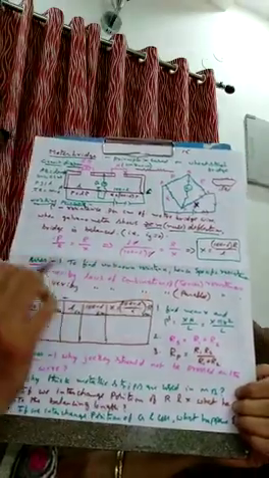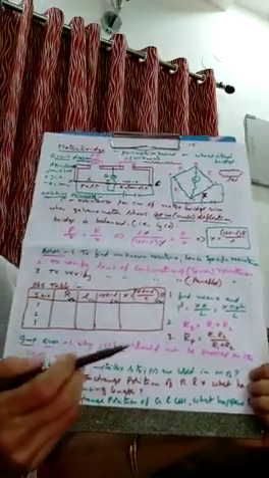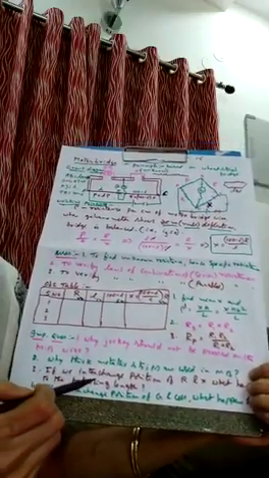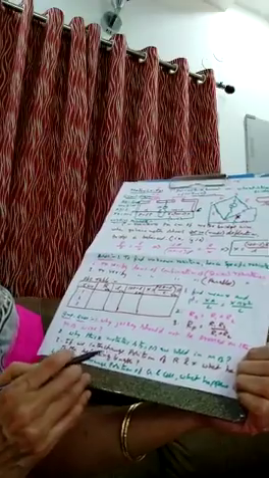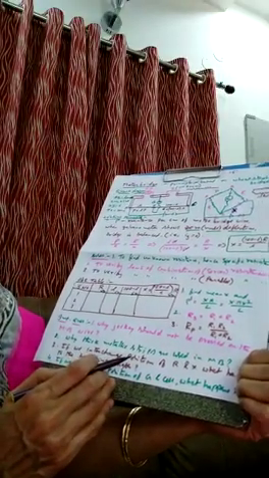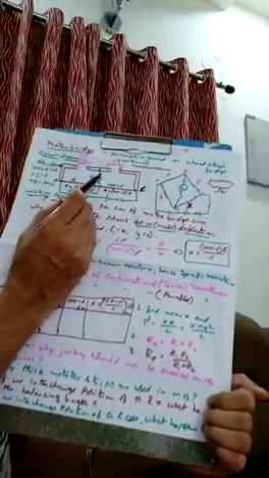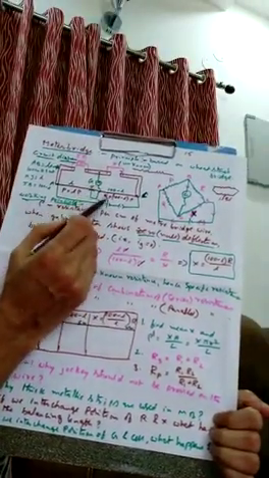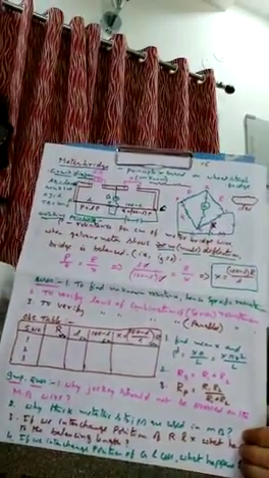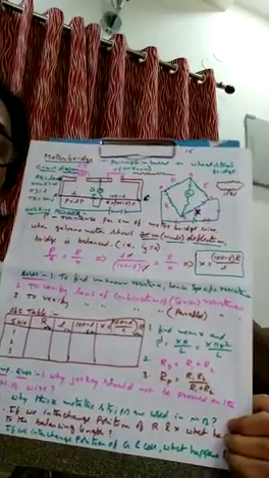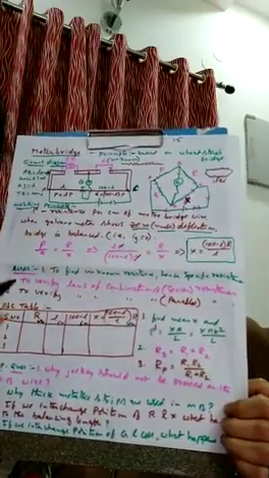Okay. Now the third question is over. And the fourth question: if you interchange the position of the galvanometer and battery, what will happen? The balancing length will remain the same because they are diagonals. In either diagonal you can connect either the galvanometer or the battery, so the balancing length will not change.